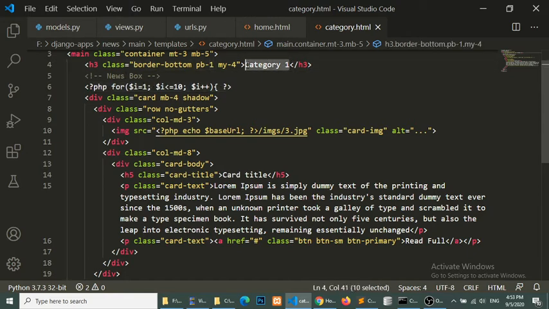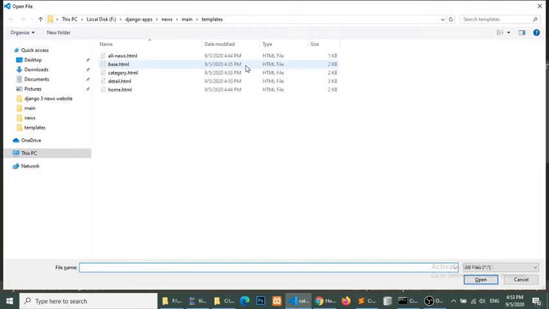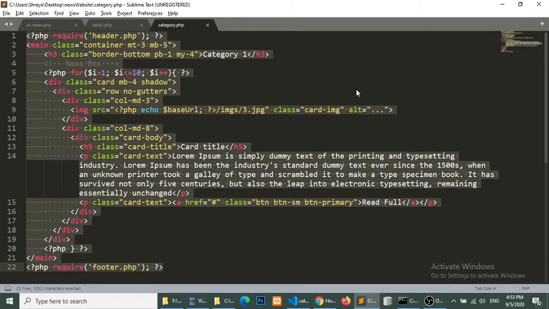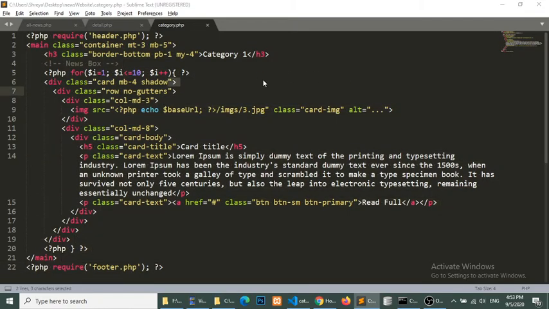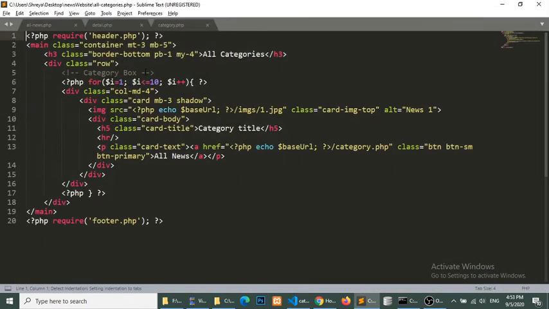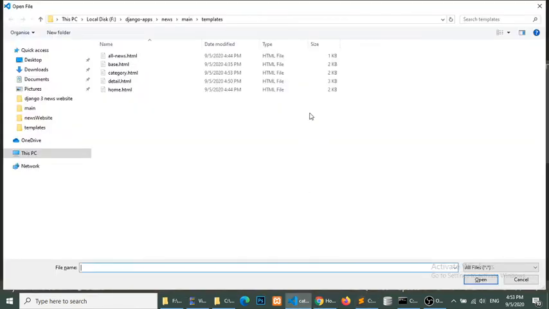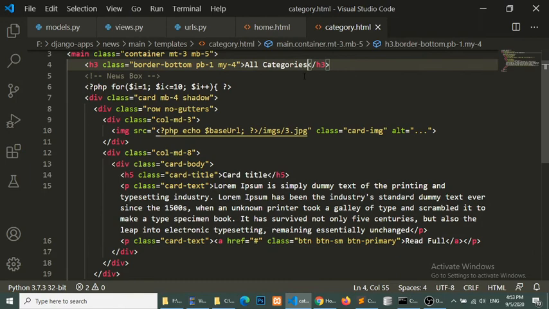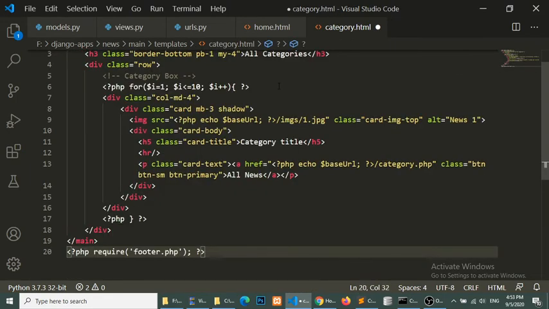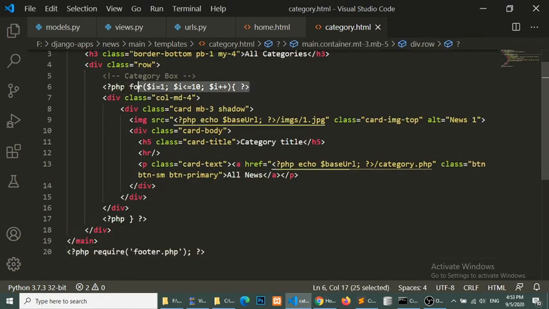So what we will do, we will define all categories. This is not a category template, actually this is our news template of a specific category. So this is our all categories template. So we are actually doing the wrong things. So now we will do the